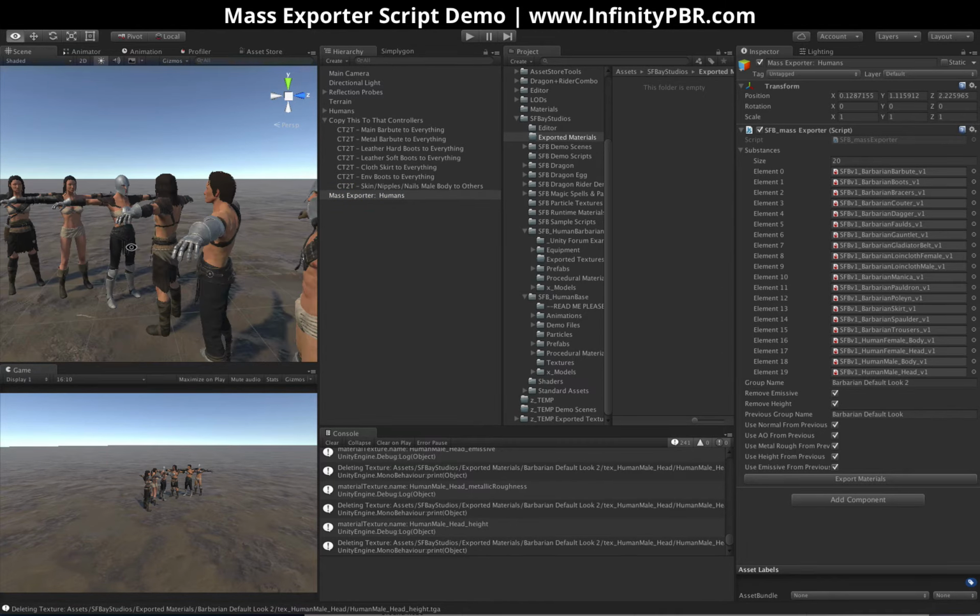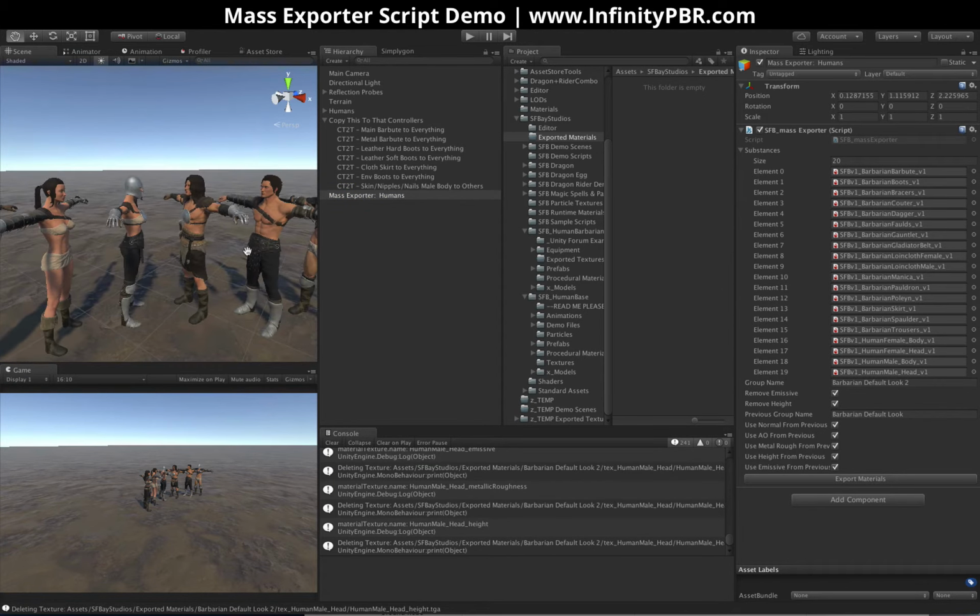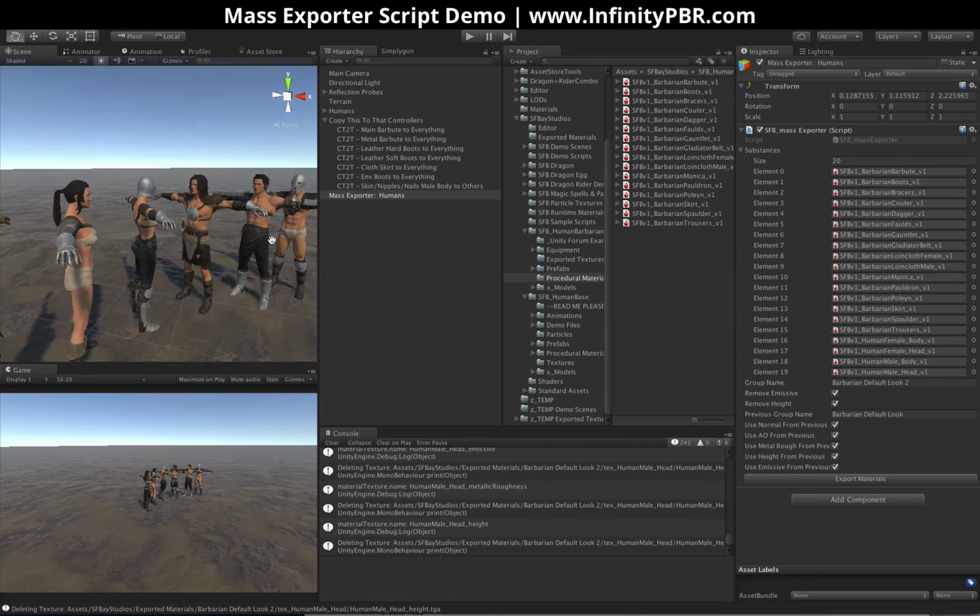This is a package that comes with the RPG character pack number 1, and by itself in the RPG Barbarian pack. So the problem that we faced before is that the Barbarian's got all these clothing materials and all these body materials as well. And before, if you had updated the look of them, perhaps using the new copy this to that controllers, it's pretty easy to update the look,